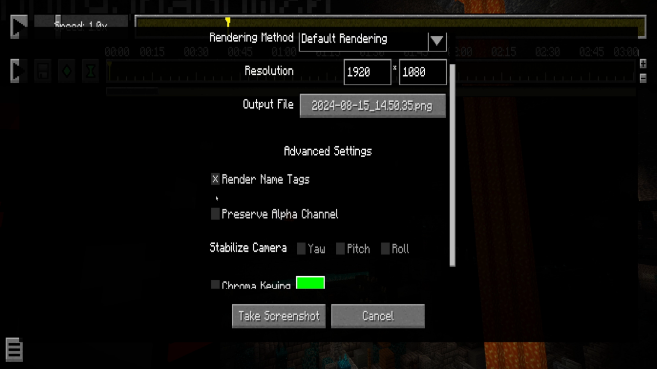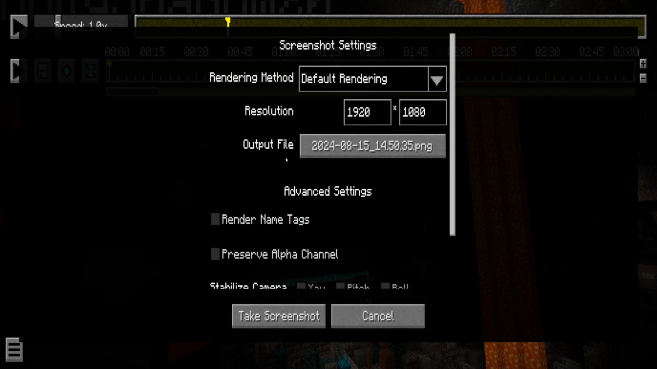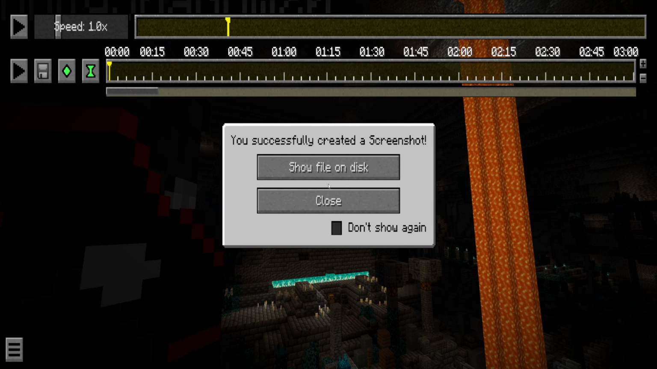It'll have this enabled by default. Just gonna disable it like that so it doesn't render your name tag. And then everything else should be okay. You know, no need to bother with changing this or anything like that. Then you're gonna want to just hit take screenshot. Now it's gonna take a screenshot of that without your name tag,